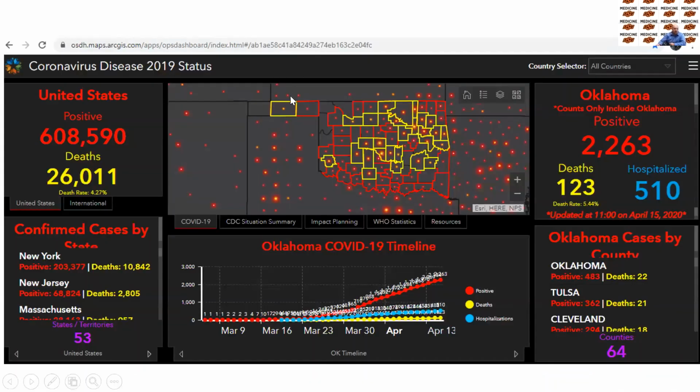This is the Oklahoma data as of last night. This gives you a good idea of where we are to date. This is from the OSDH. It looks very similar to the Johns Hopkins map that you all see published online, but this is specific to